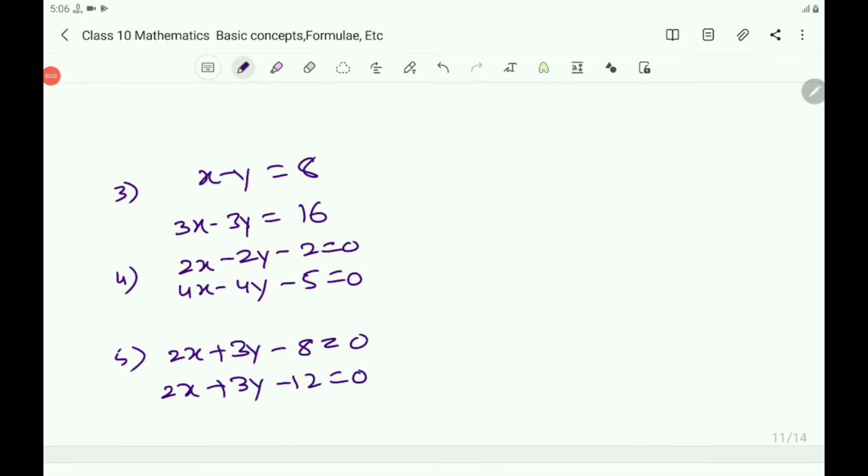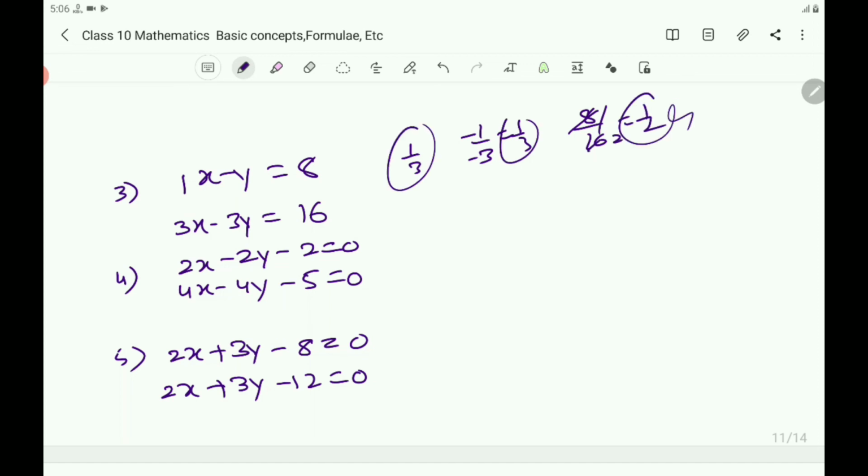Then you take the third one. Here you take 1 by 3, first one. Second one, minus 1 by minus 3. This is also 1 by 3. Next one, 8 by 16. 8 by 16 you will get, 8 1s are 8, 8 2s are 16, so 1 by 2. So here these two are equal, but this is not equal to them. So again here they are inconsistent, and the graph is